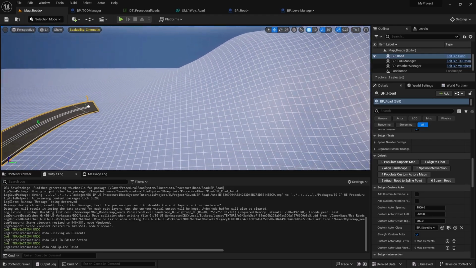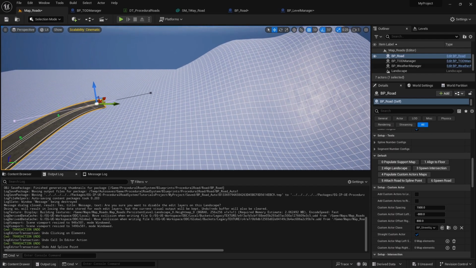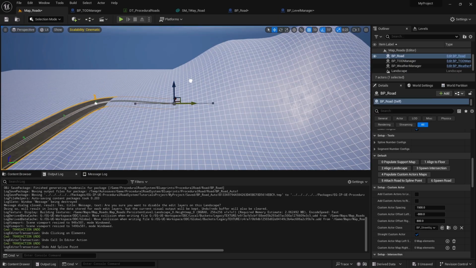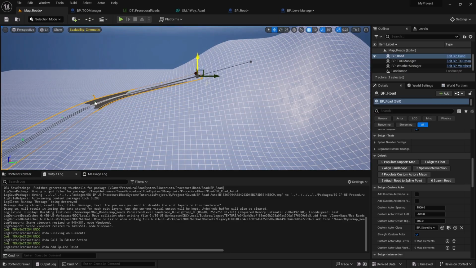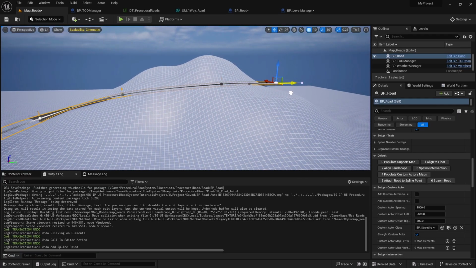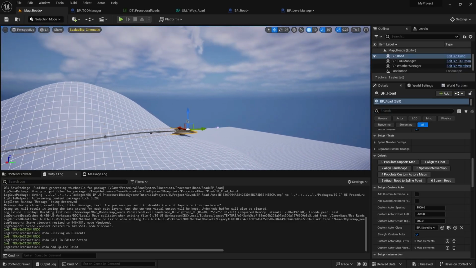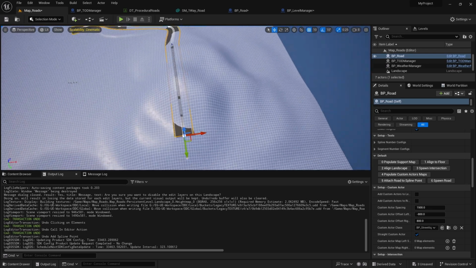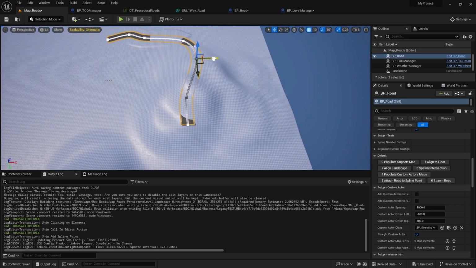Okay, so let's just have another spline point over here, another one here, and another one finally at here. Okay, and maybe I'll change it something like this. Okay, this would work,